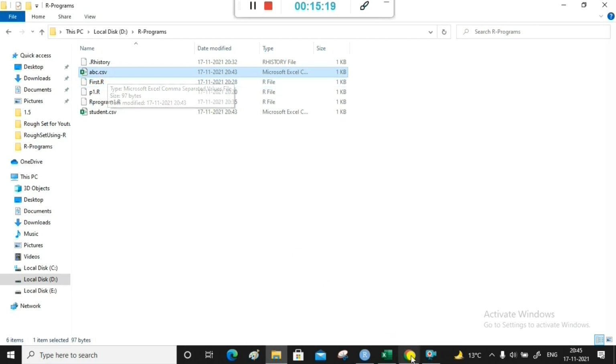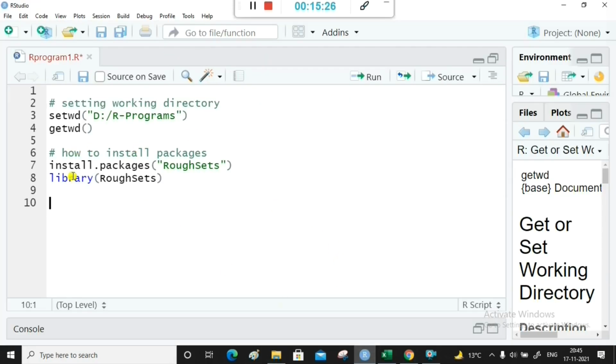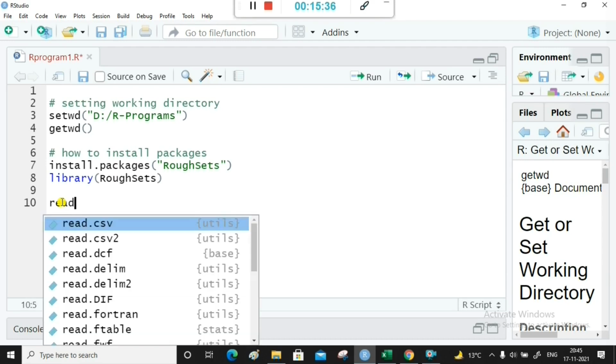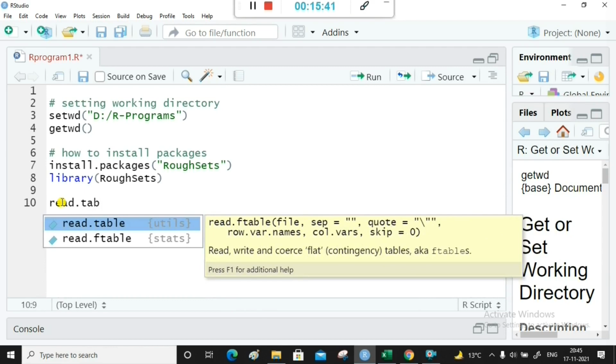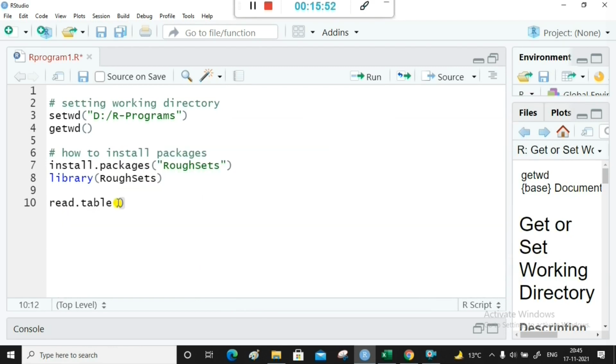Now this table I will fetch into my script. For this the command is read.table. So here I have to give the name of the file. Name of the file is abc.csv. So I have to put it in double quotes.